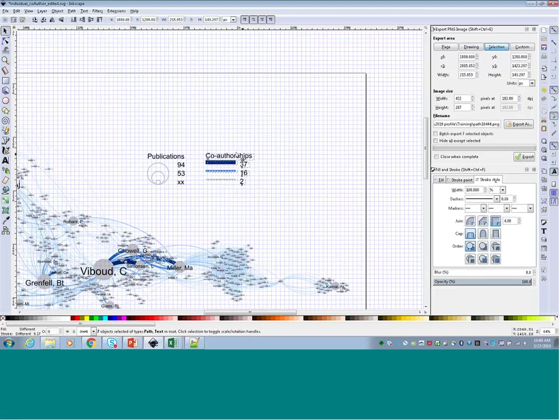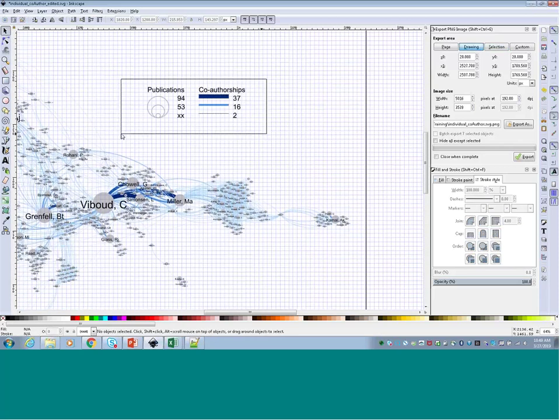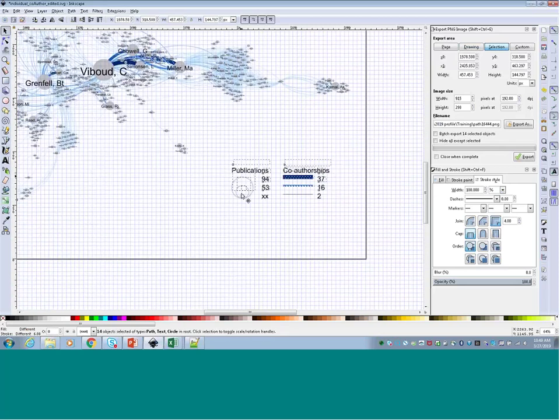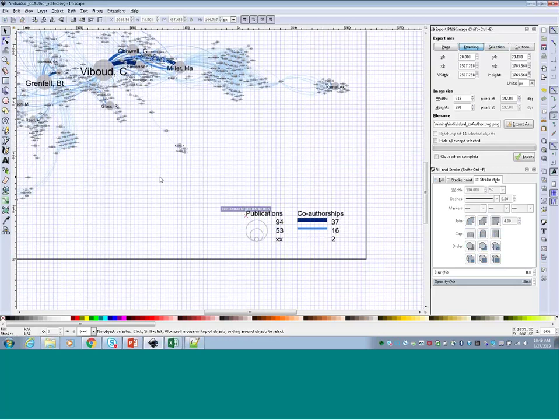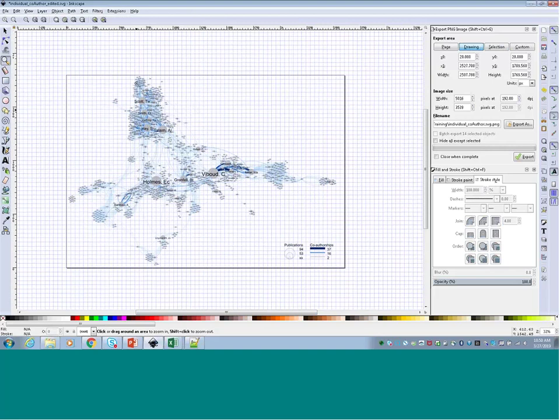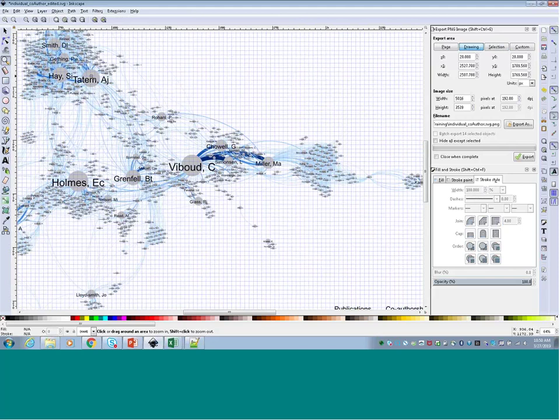So maybe there's a little bit too much space between these, so I'm going to reduce the space a little bit. Then I'm going to select the whole thing, put it down in the lower right where it's expecting to look for it. And again, we can be as exact as we want to get the borders right, then zoom out to get the final image the way that we want it. There are some other things that we can also do in here. While we're at it, we can also adjust some of the labels if we wanted to. One final thing that I am going to do is I'm going to just tweak the node labels slightly.